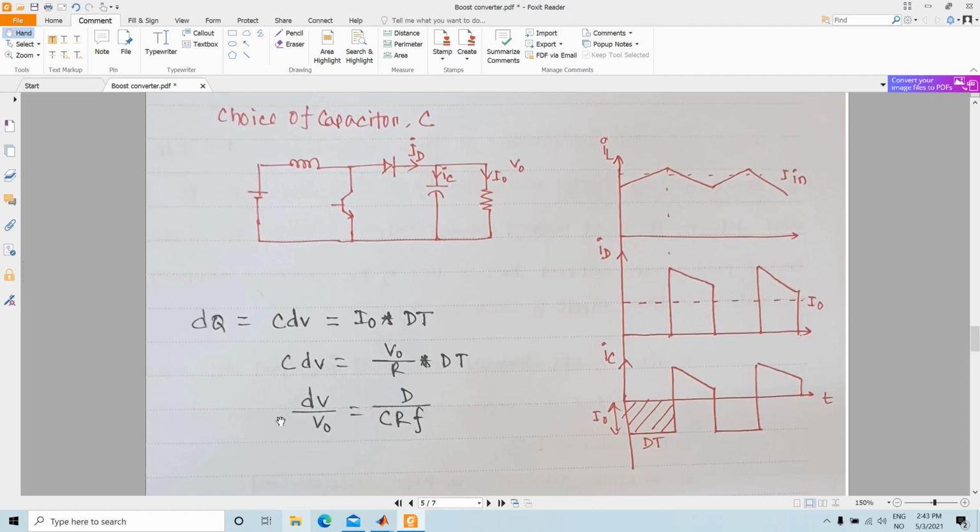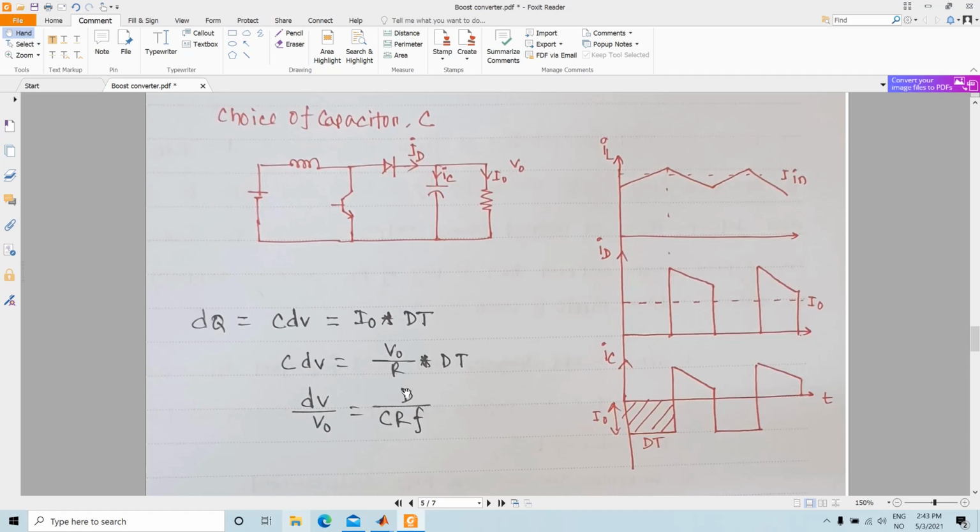So if it is mentioned, okay, make a circuit for 1% ripple, or less than 0.1% ripple, then you should choose your C value accordingly, because here if you look at this equation,